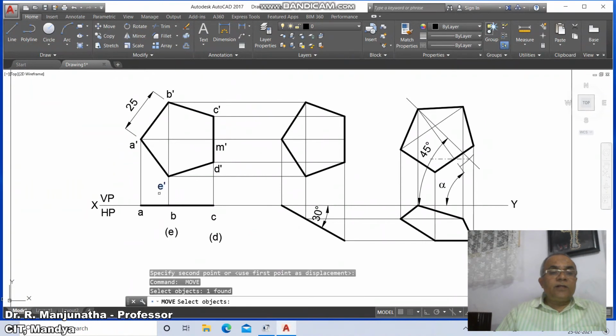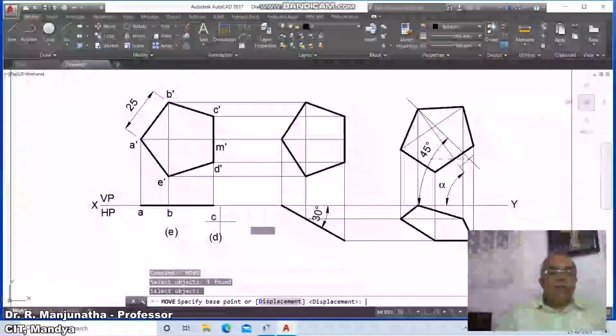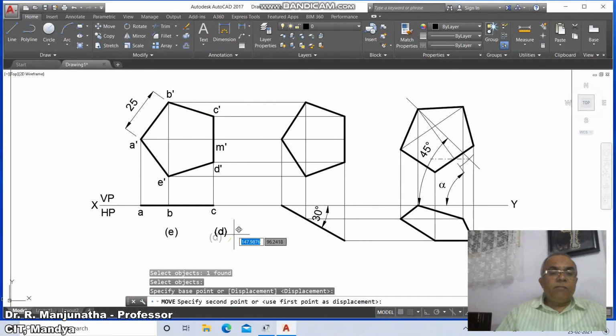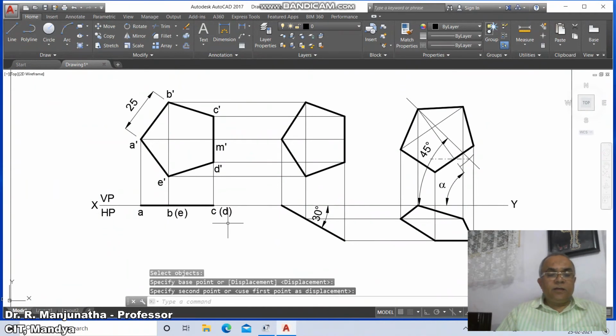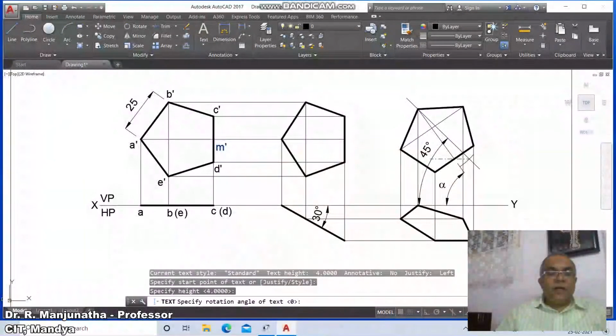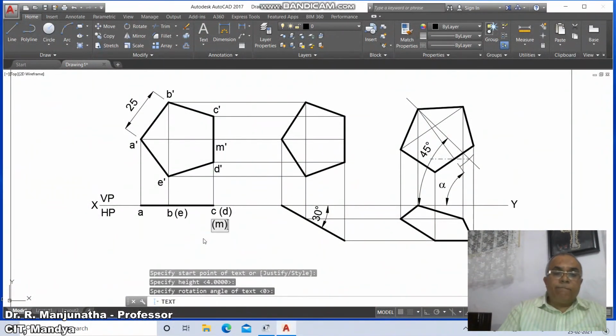and here E dash, then B, then C, then D, then E, and here D text, and you mark it as small m.